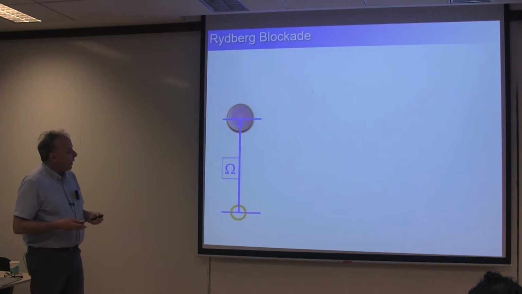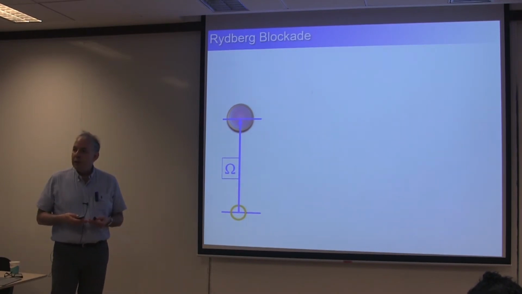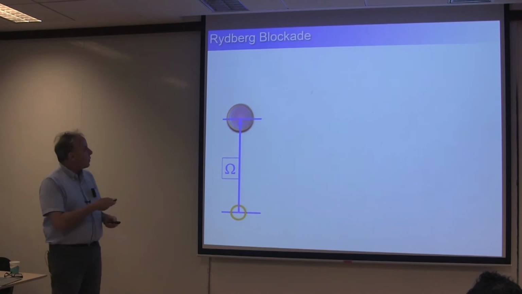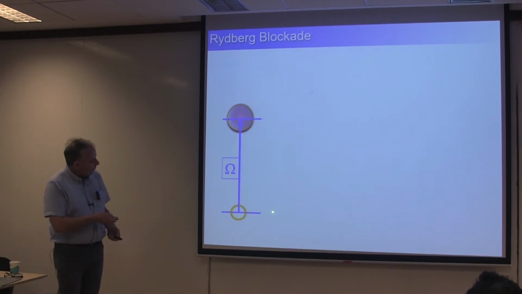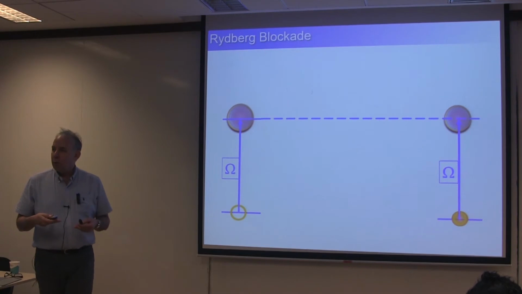So the basic idea in this area to use these Rydberg atoms for computation is the so-called Rydberg blockade, which is an atomic analog of the Coulomb blockade, that you can't put more than one charge through a narrow wire at a time because the charges repel each other. We have a similar effect in the Rydberg world. If I have a ground state atom and I couple it with a laser field with Rabi frequency omega up to a Rydberg state, well, I can excite a Rydberg atom. And if I have a second atom very far away, I can also simultaneously excite it to a Rydberg state.